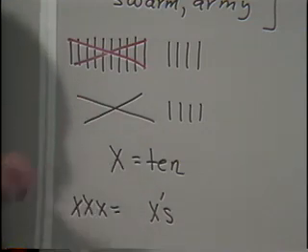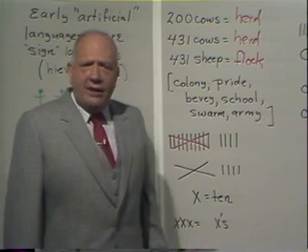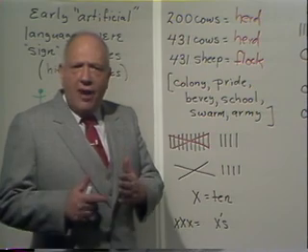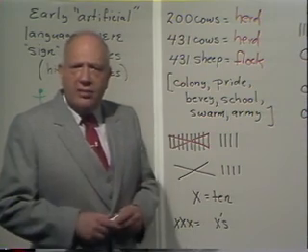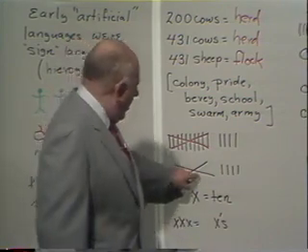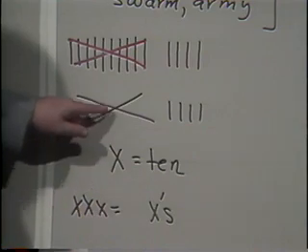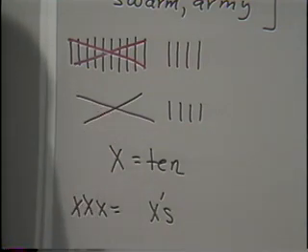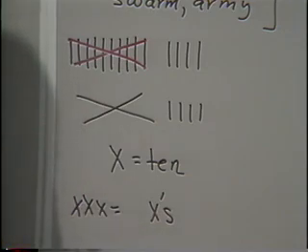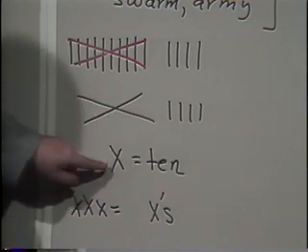After a while, the Romans came up with a very interesting abstraction. They said, if you're going to cross out the 10 tally marks, why bother drawing them in the first place? If you're going to cross them out, why not just use the crossing out symbol to stand for 10? So now 14 became written this way. It was an elongated X and 4 tally marks. The Romans' next innovation, which was not that major, was they said, hey, this looks very much like a letter in our alphabet. So what they did was they contracted the crossing out symbol into the letter X.